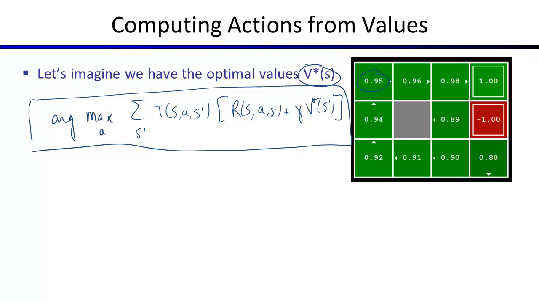That's a good point. So far we've assumed that T and R and gamma are given to us. In the next two lectures, we'll start looking at what happens when they're not given to us, and we'll start looking at what happens when maybe the state space is so large that you can't assume they're just available as a table, and you can't assume that you can just loop over them and look at all of them. But for now, we assume that they're given, and we assume the state space and the action space are small enough we can loop over all of them. And we'll see that when we can't do that,